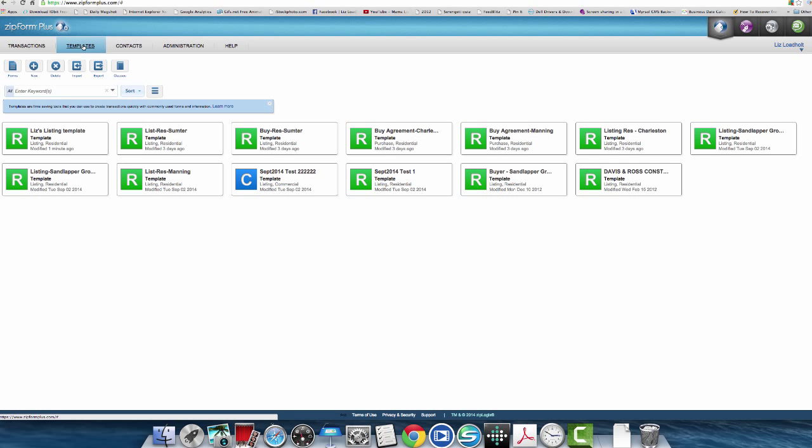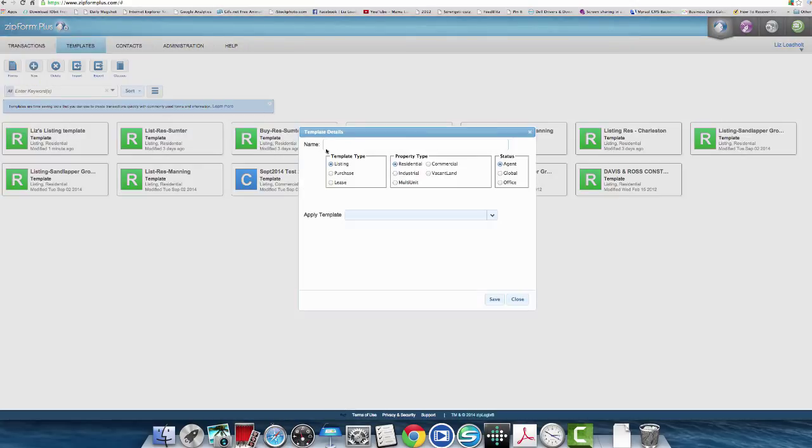Let's go back to templates. And let's go to new, and let's say Liz's buyer template. So now this is going to be a purchase, residential, agent, and apply the template. And we're going to look at,